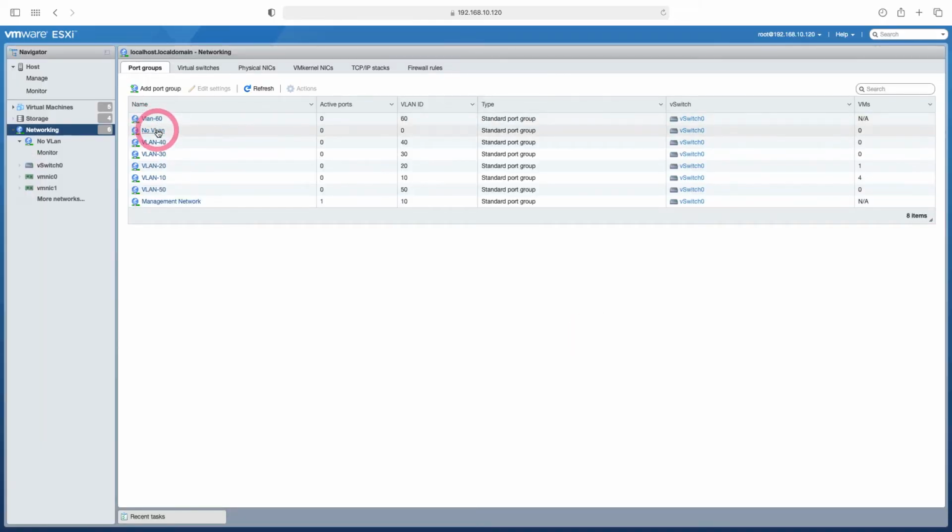If you are not going to use a VLAN, when you create a port group, if you add a 0 to VLAN ID, you will not use a VLAN in that port group. Now let me show you how to add a trunk port. Where and when can you use trunk ports?